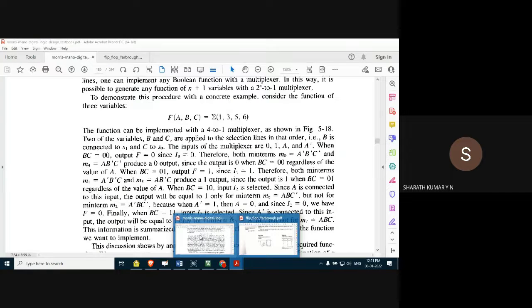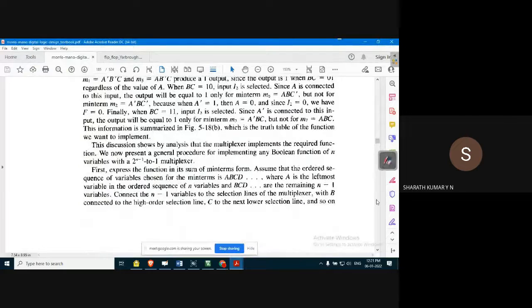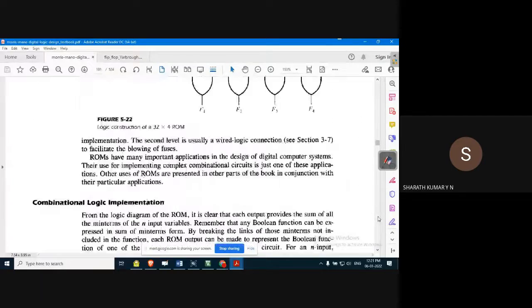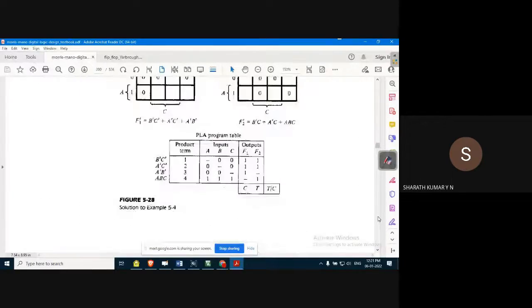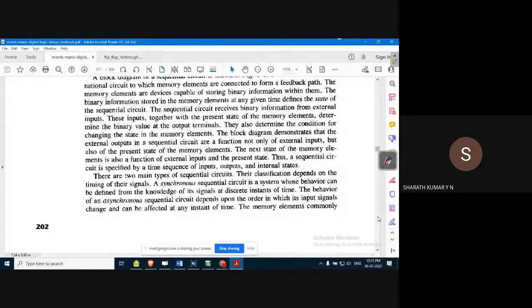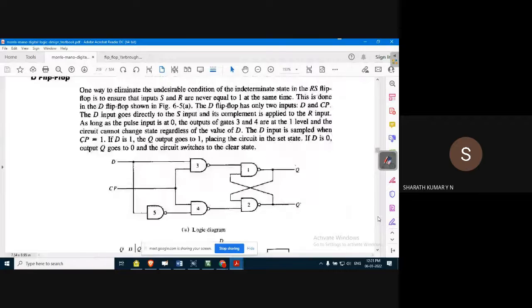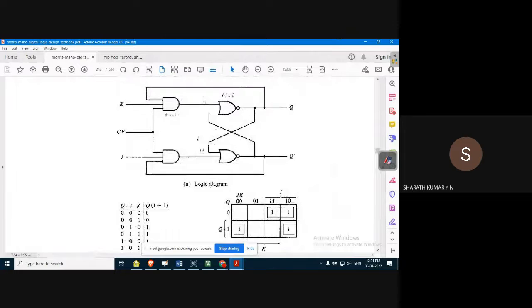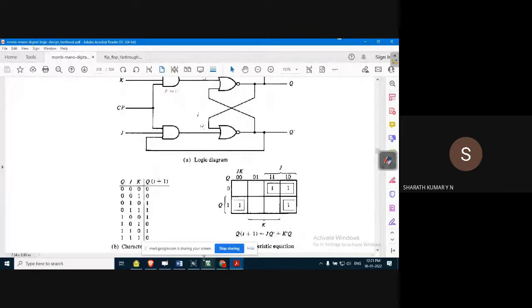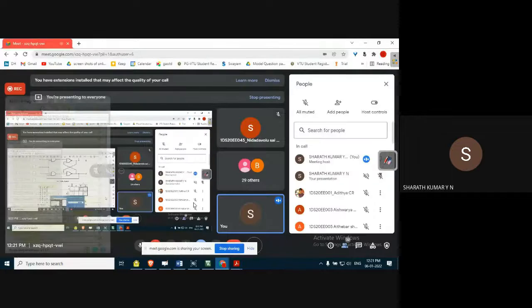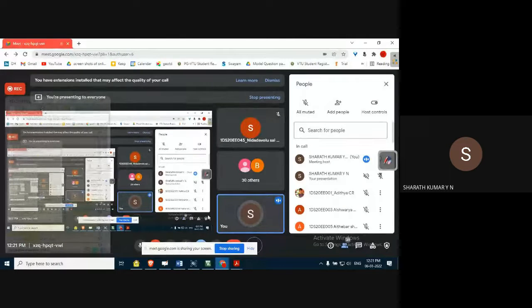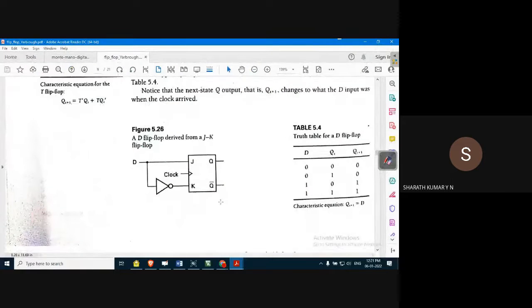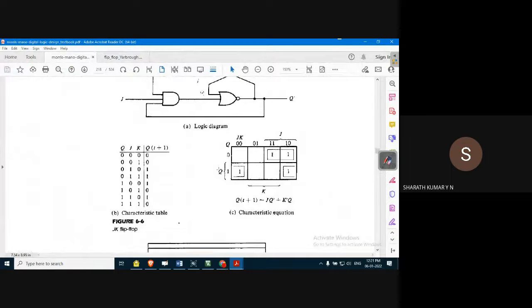So here it is. So we are discussing about multiplexer. Sorry, flip-flop, not multiplexer. We discussed the JK flip-flop. The advantage of the JK flip-flop is that it will overcome the intermediate state of an SR flip-flop or SR latch by introducing a condition called the race around condition. The race around condition is found only in the case of a JK flip-flop. Okay, here we go.